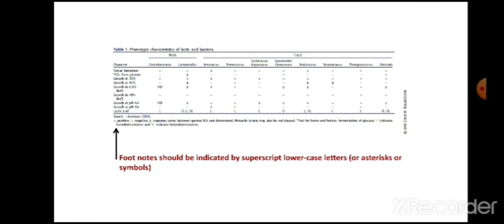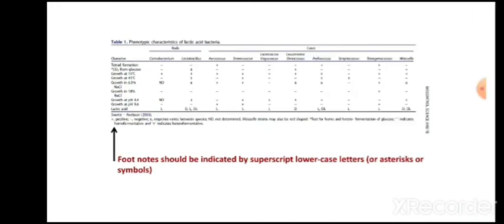Now something you find at the bottom, which is used to describe the things which are labeled in the table but not easily understandable. So in order to make the reader understand what is given in the table, there can be an explanation given at the bottom. It is called as footnote. Footnotes are written at the bottom of the table. Footnotes should be indicated by superscript, lowercase letters. Now this is a part of scientific writing, or asterisk or symbols. You can see here,